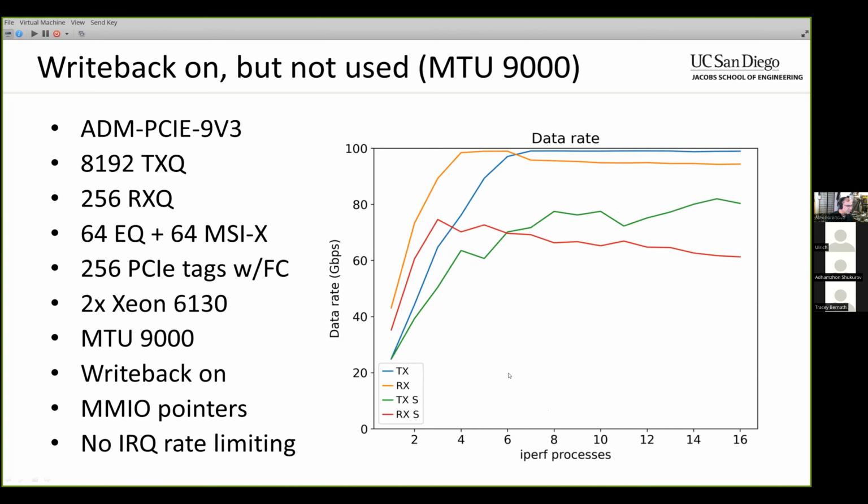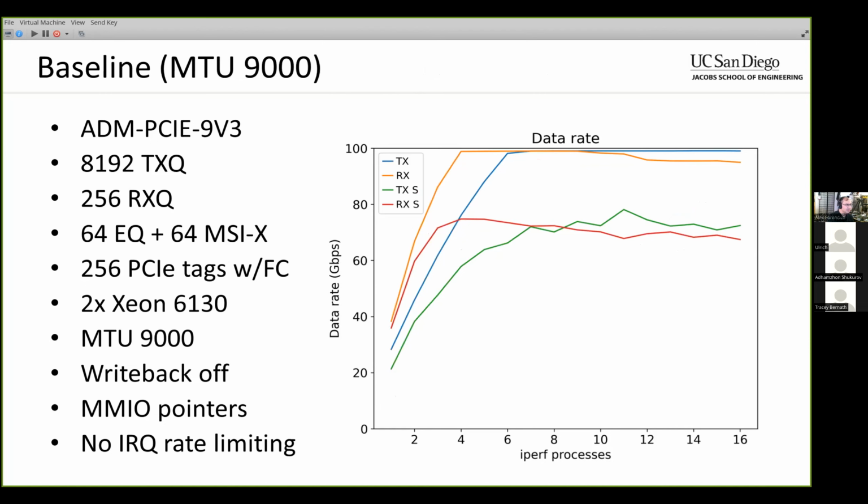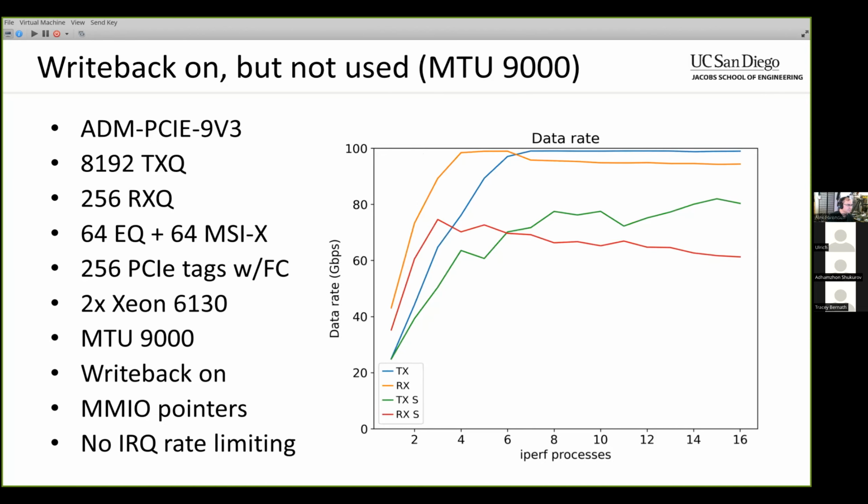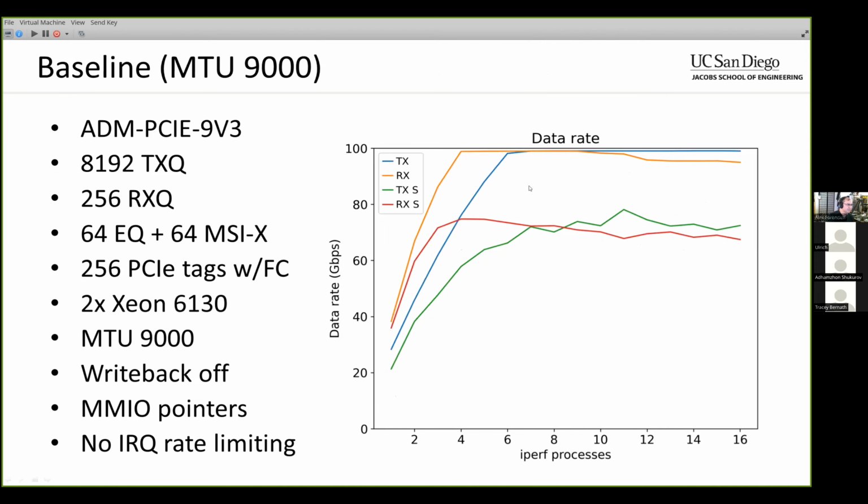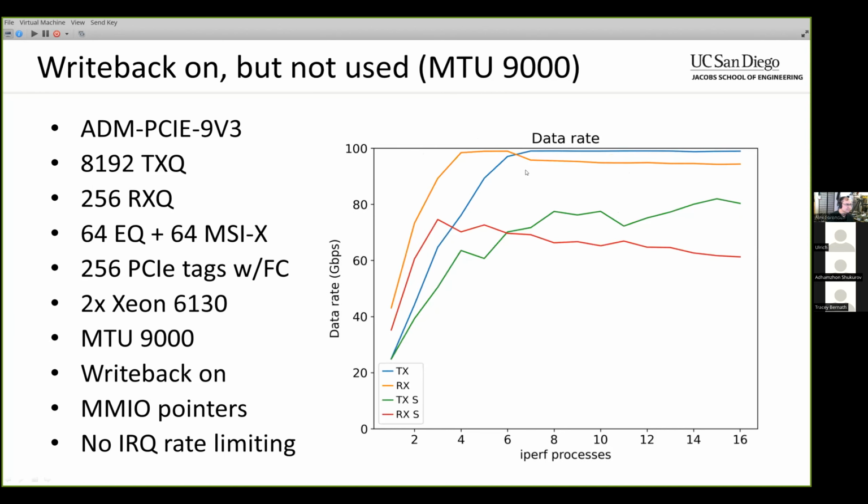Now, if I turn on write back, this is the initial version of write back that I implemented. This one here is just writing back the queue pointers, but the driver is not actually looking at those, it's still reading the queue pointers over MMIO. It does have a small impact on performance. Like the RX performance, it has this little dip in it, and that moves from about 12 processes to about 6. So that's not particularly great, but this one is writing that back for every packet that's sent, which is not